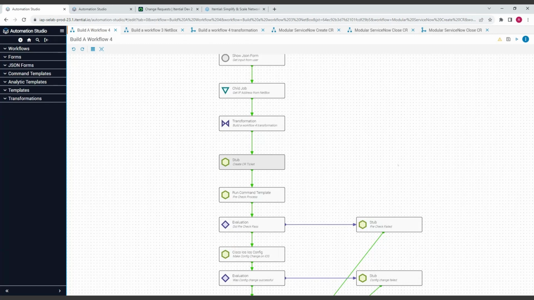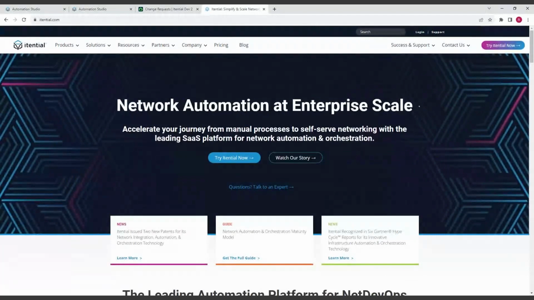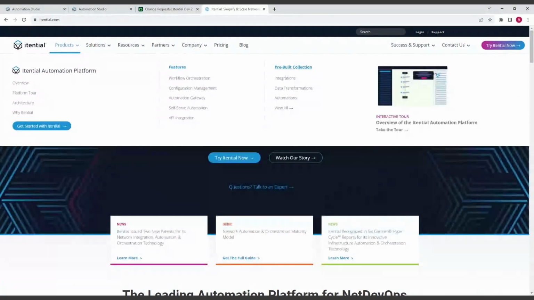The key to this here is that knowing that a regular workflow can also be utilized as a child job in a bigger workflow is the key to this. And so what opens this whole thing up is, let me step away from our platform for a moment and let me take you to our website. So if you go to itential.com, if you just navigate to products and our pre-built collection,